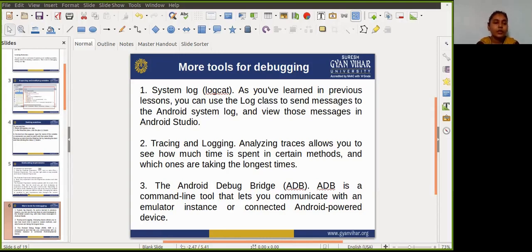So what is system log, or logcat? As you have learned, you can use the Log class to send messages to the Android system log and view those messages in Android Studio. To write log messages in your code, use the Log classes. Log messages help you understand the execution flow by collecting the system debug output.